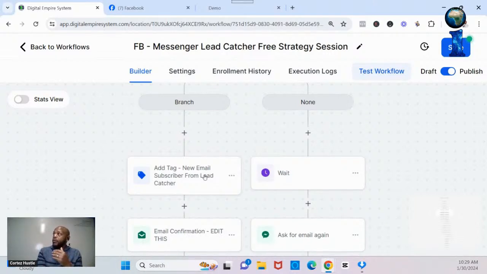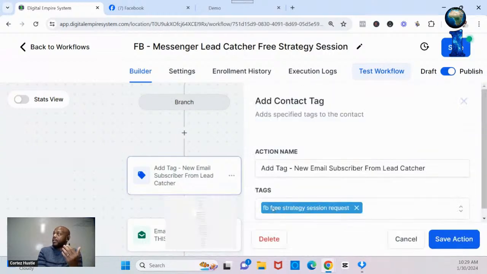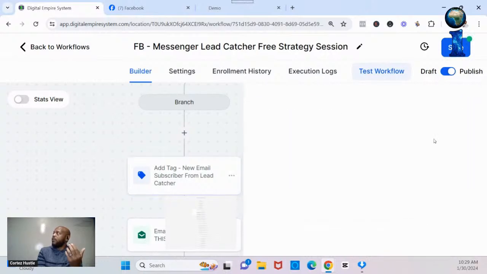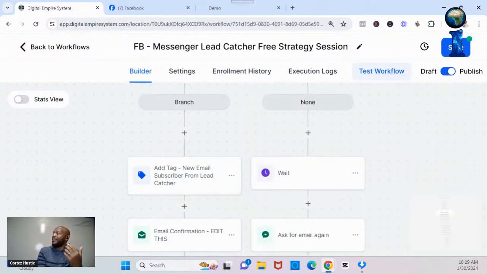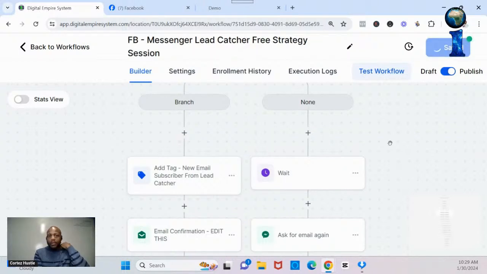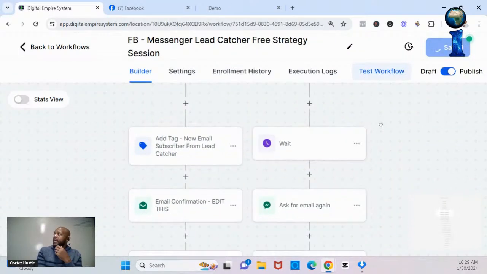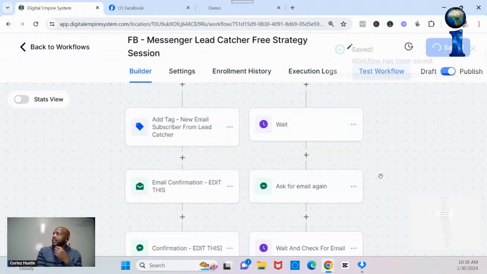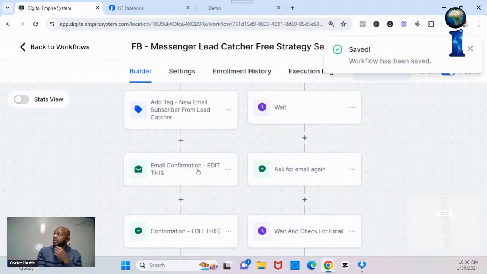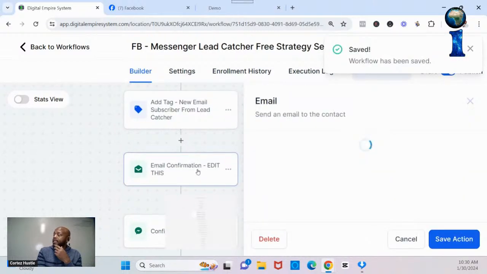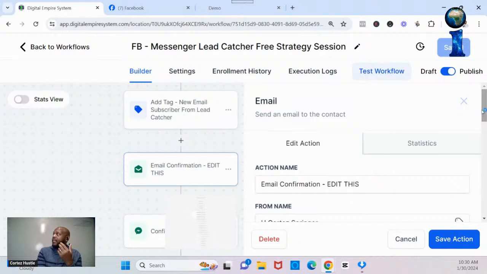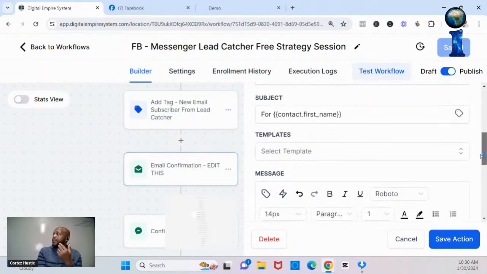So the tag that we're adding, if they sent us their email, is FB free strategy session request, so that when I follow up with them, I know exactly where that lead came from in my email list, right? Then if we have the email, we're going to go ahead and send them this email message, which basically